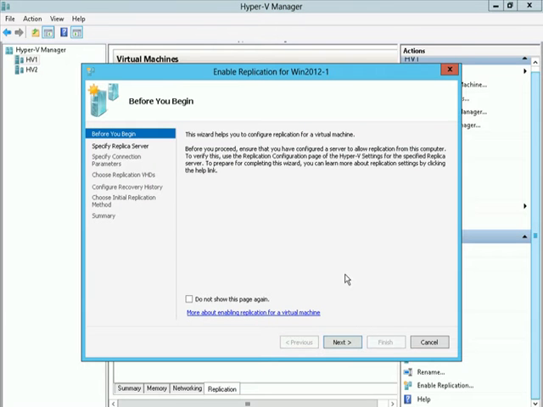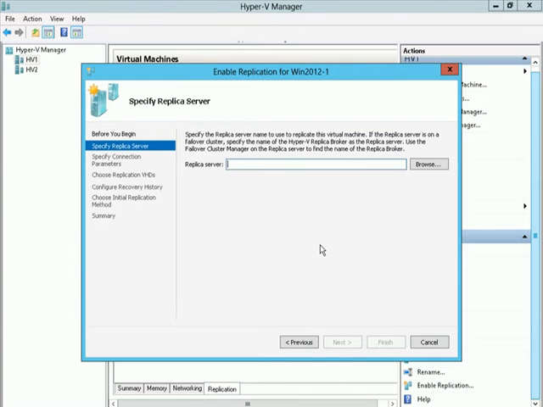This brings up the Enable Replication wizard for this particular virtual machine. In this case, it's called Win 2012-1. So this wizard is going to guide us through the process of enabling replication. I'll click Next here. And the first thing we need to do is to specify which Hyper-V host will receive